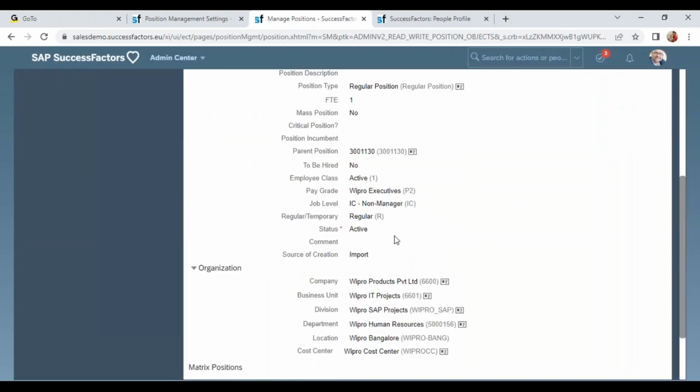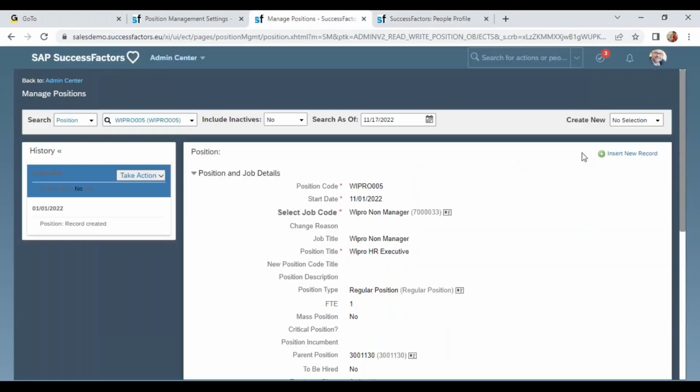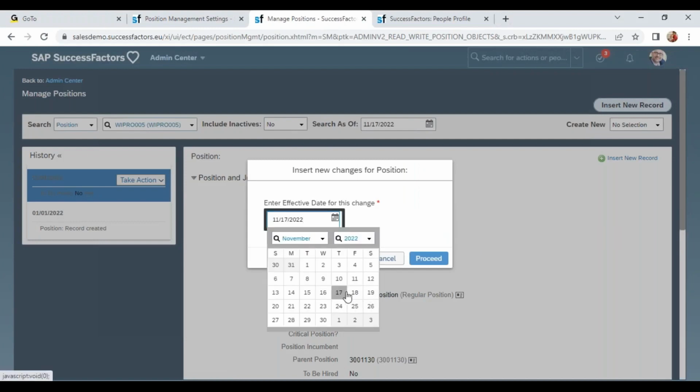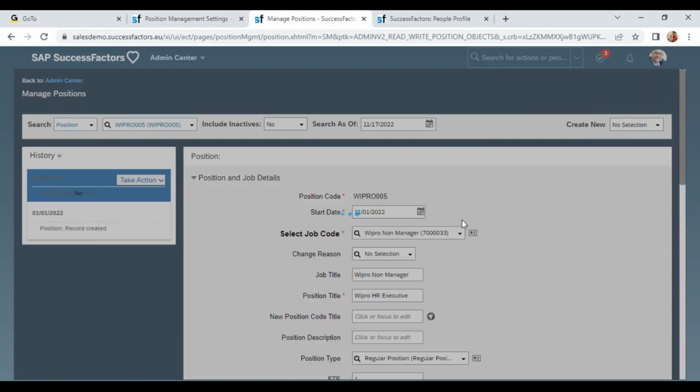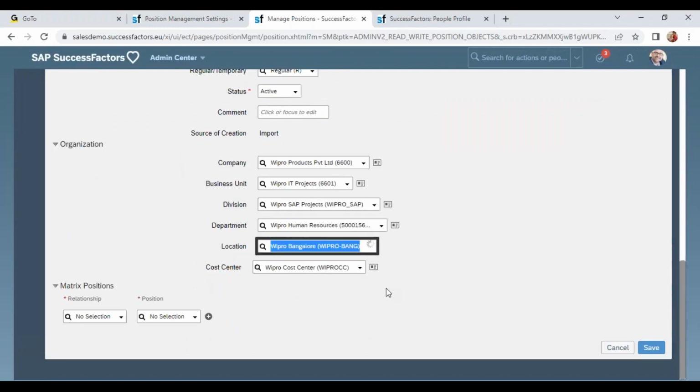Okay, now if I see here, location is Bangalore, here location is Hyderabad. Okay, and on November 16th we have a record. Now if I insert a record, it may be 17 or 18, whatever it is. Let's say 17. I'm making changes to location. So I'll add Mumbai instead of Hyderabad, Bangalore. When I click save,